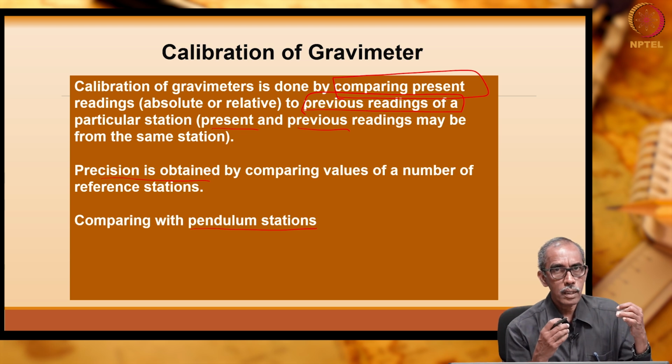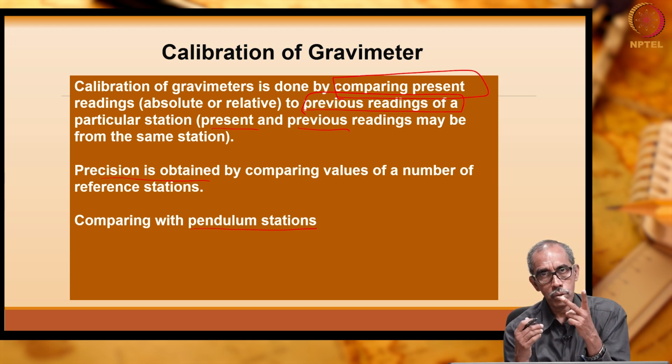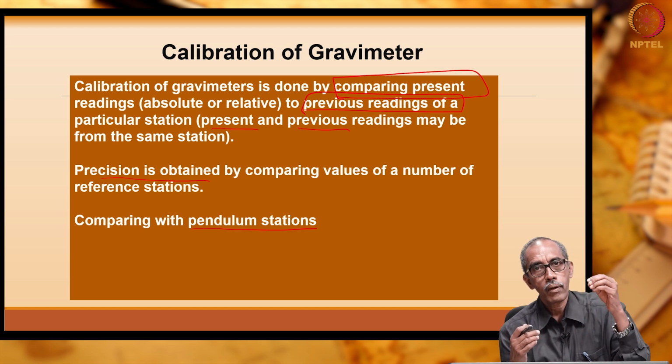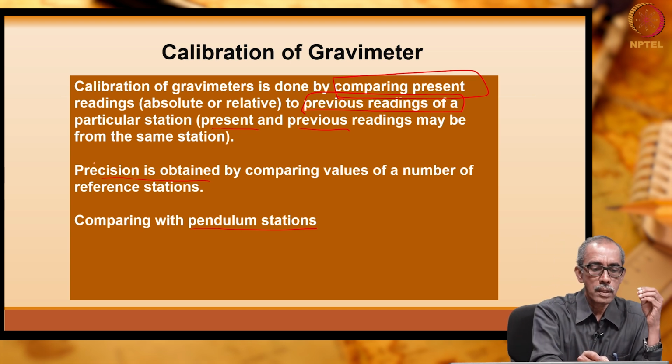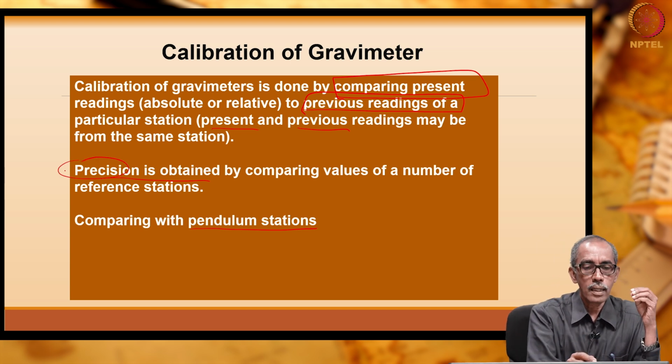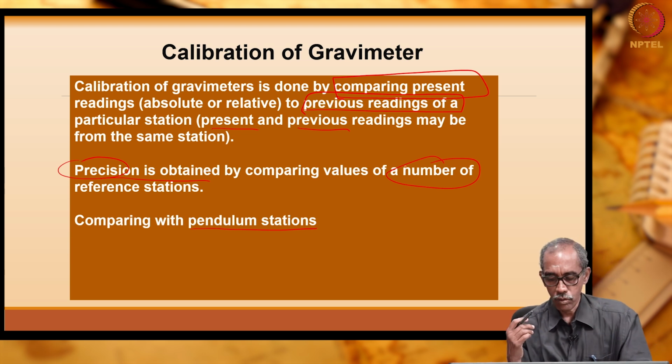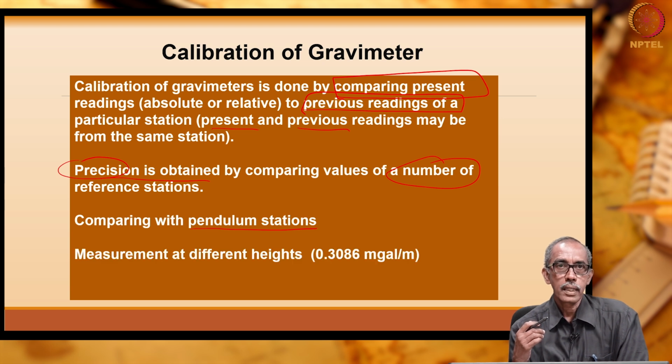If you want to check the relative measurements, you need two stations. If you have an absolute gravimeter, your gravimeter can be calibrated by taking it to one station, but precision is always obtained by checking with a number of stations. At least 2 or 3 stations will be better. Okay. Then the other way of checking is